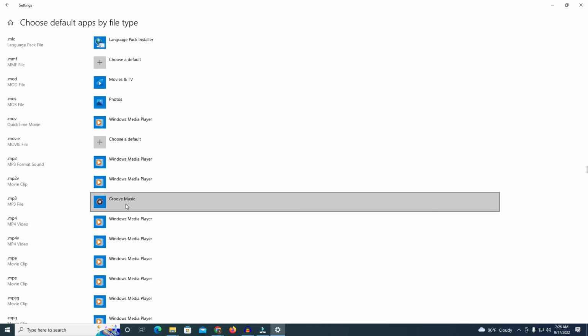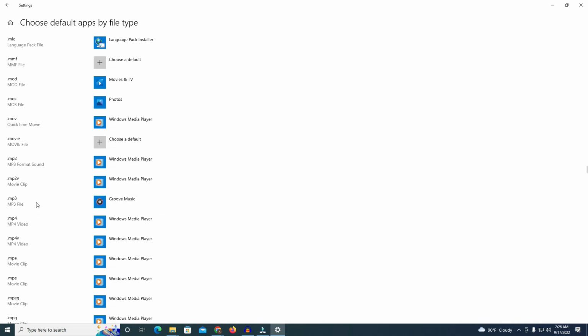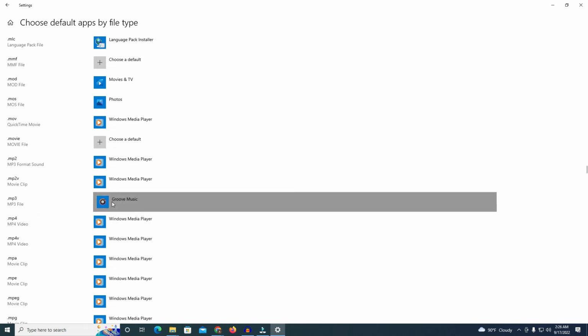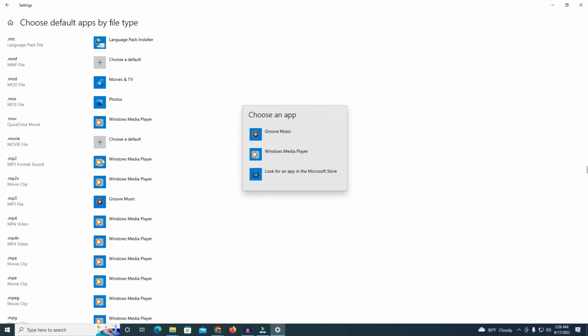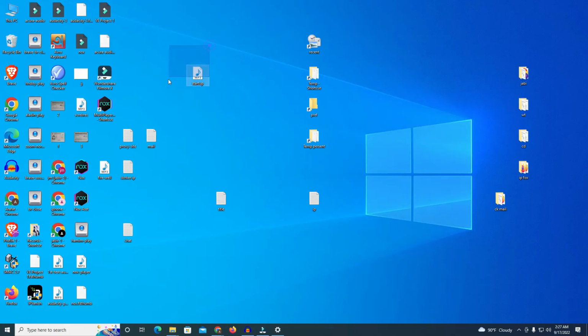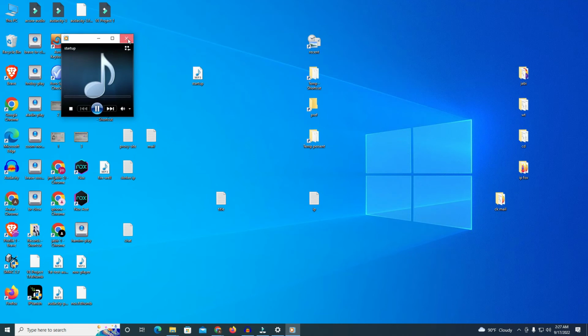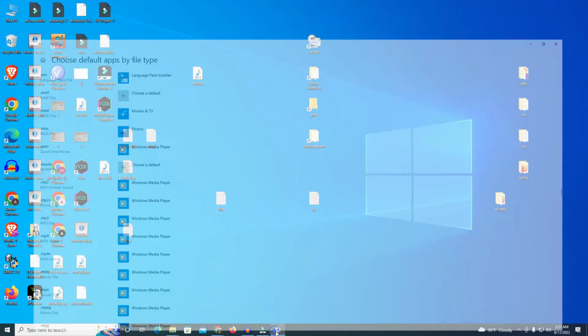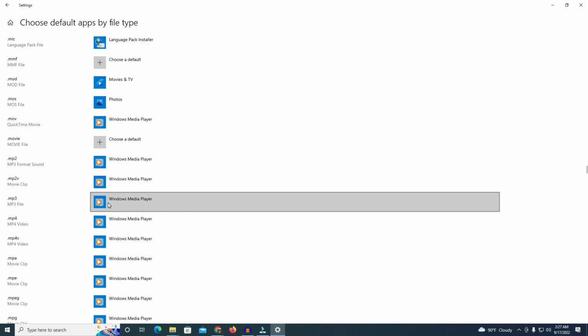You see the MP3 default is here. The same method you can use to change it from the extension. Okay, I have changed the MP3 to Windows Media Player, and here you see that it is a Windows Media Player file. If we play the MP3, okay, this is it, and you can change the MP3's default app,